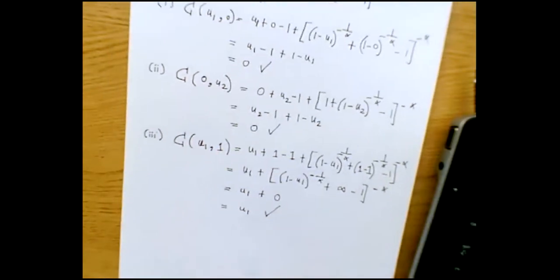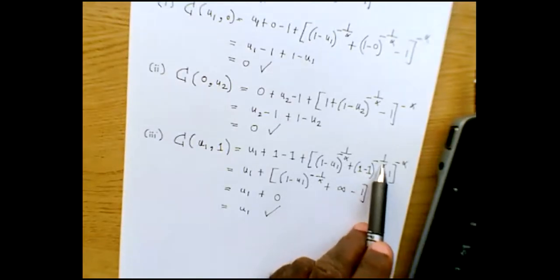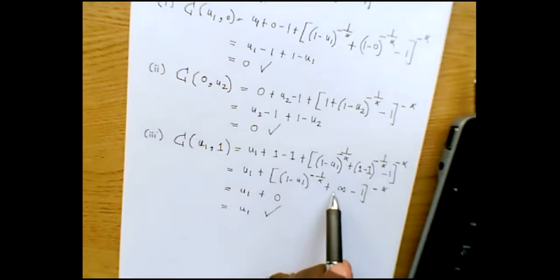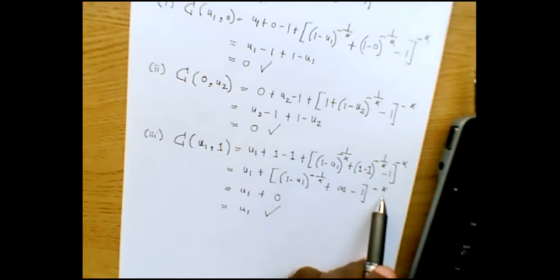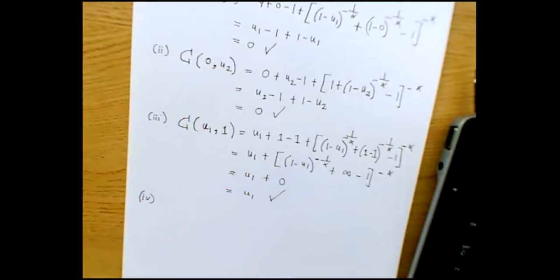Did you get this, guys? I mean, you should know that 0 to a negative power is infinity, and because of this, infinity to a negative power is 0. Right? And similarly for part 4,